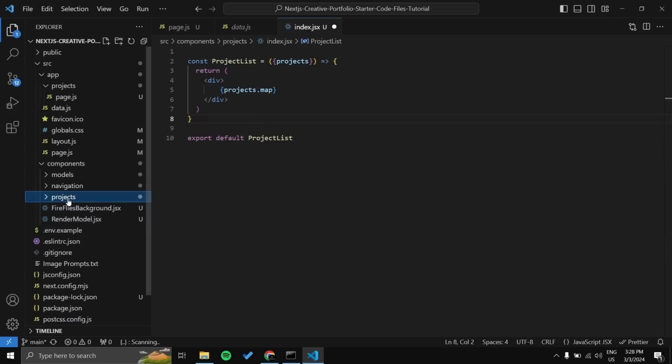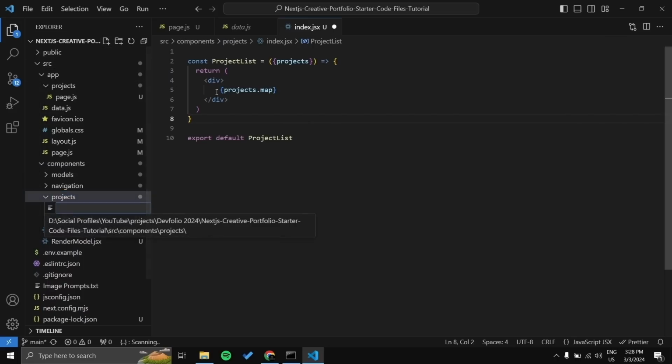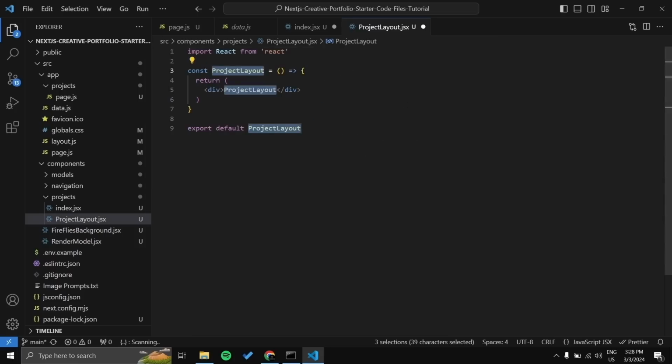So for that, let's create a separate component called project layout.jsx file. So this layout will have name, description, date, and the demo link. So for now, just render the name,